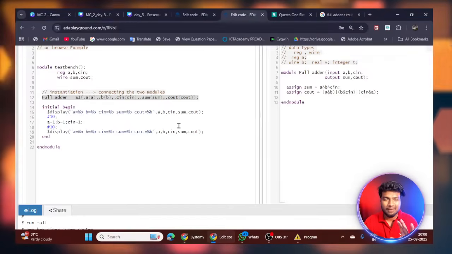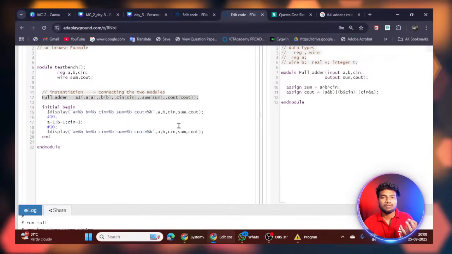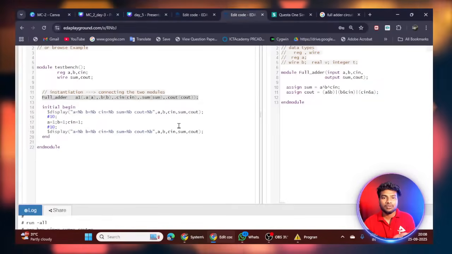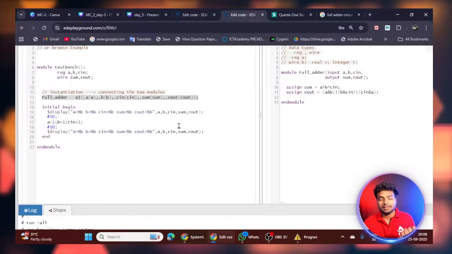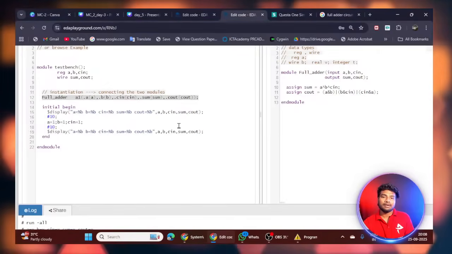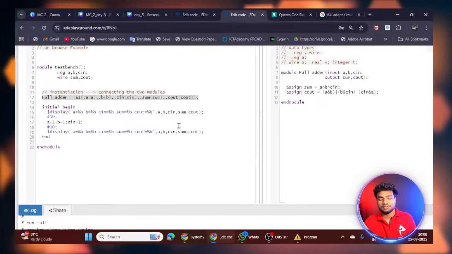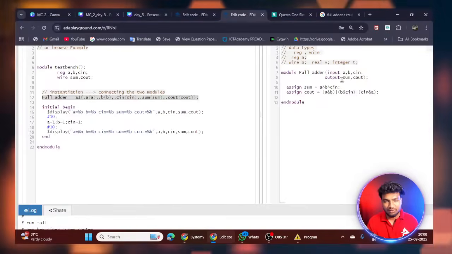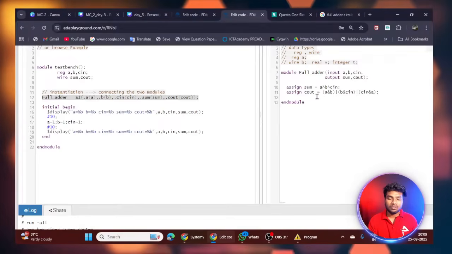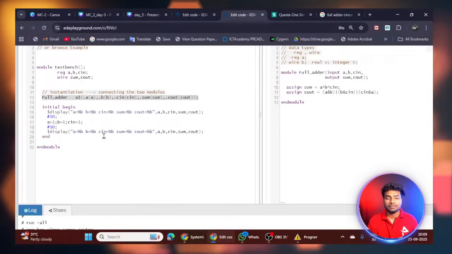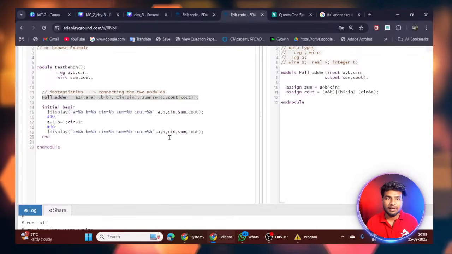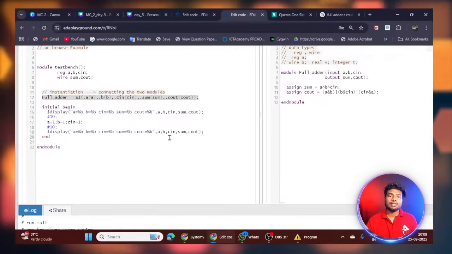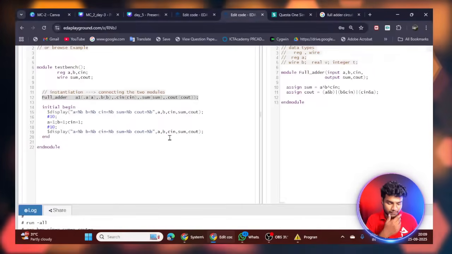So this is the basics of the coding part of Verilog in VLSI. We are writing the design code logic, and then we are testing it using test benches. SystemVerilog is mostly used in design code also, but more so in the test bench part. SystemVerilog is used in the test bench part because it has a lot of features. I will tell you one by one in my upcoming classes.